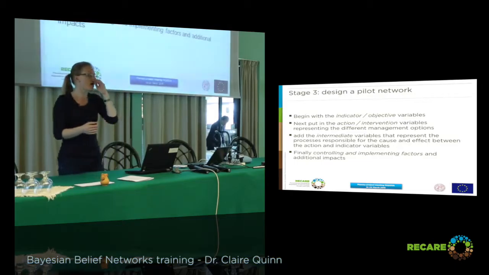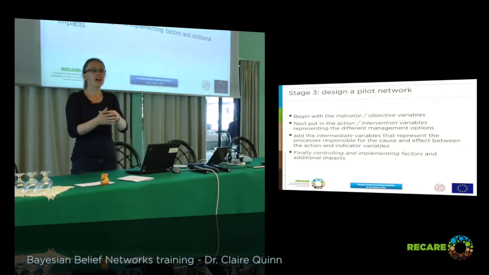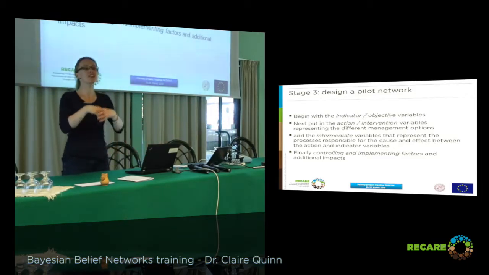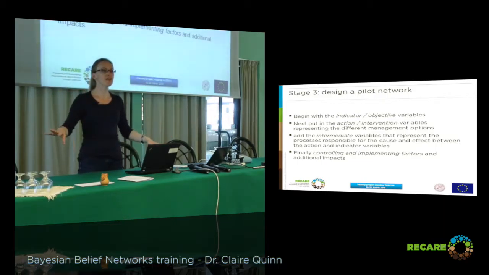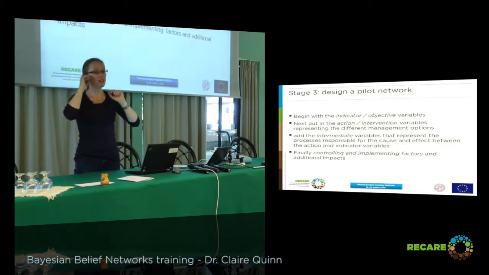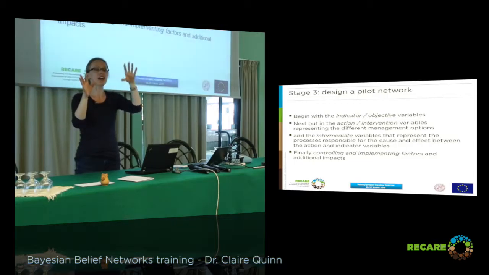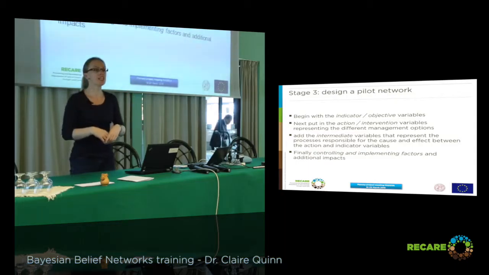So I've talked about the case in Denmark where those impact variables were groundwater quality, but also biodiversity and fishing and hunting and so on. Those were their indicator variables. Their action or intervention was changing a subsidy. So they had different numbers for those subsidies. And then they looked at the intermediate steps, which are, if you change a subsidy, it changes the amount